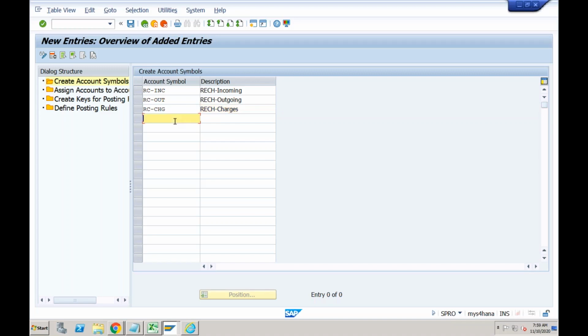Okay, and also you need to create an accounting symbol for the main bank account. So RC, this is my main bank account. Main means which is always going to reconcile with your bank statement. Okay, once you do this, click on save, and you need to assign the GL accounts to each and every